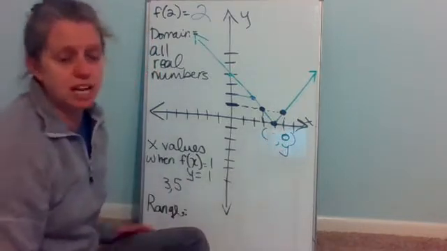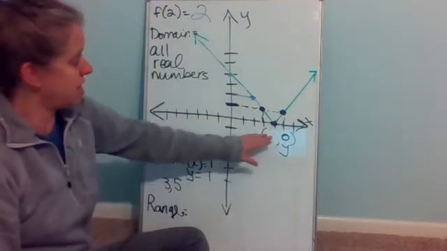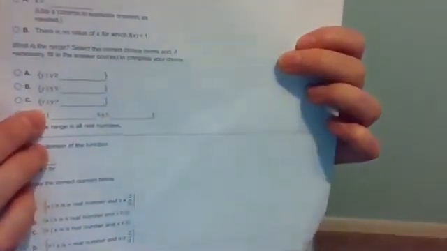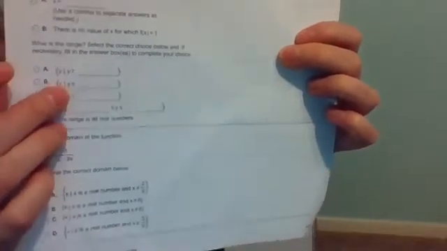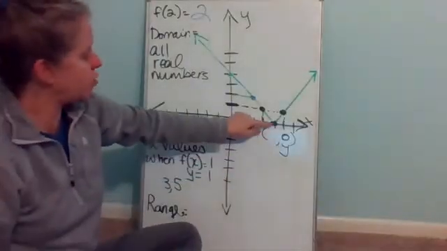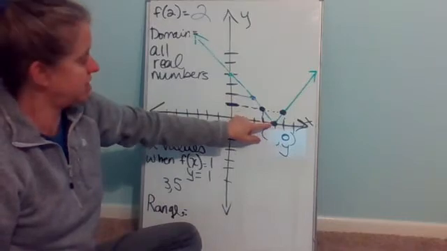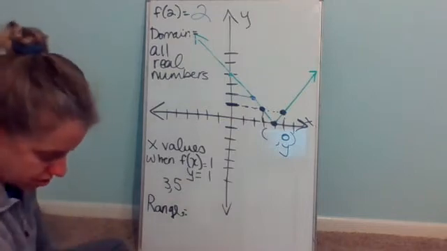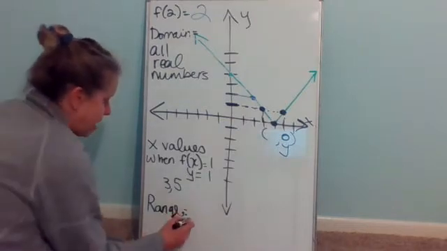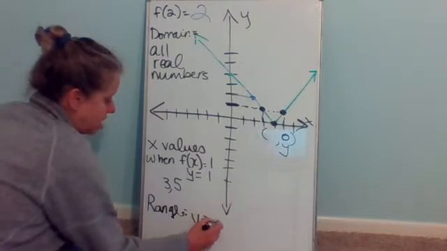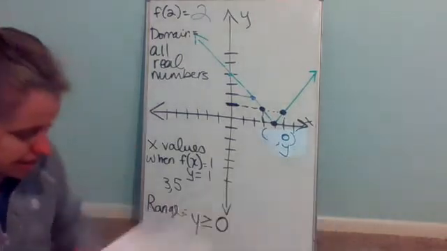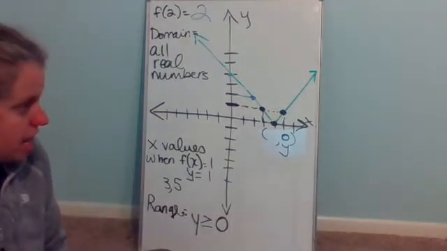The Y value is 0, which means your range, if you're looking right here, the Y is going to be greater than or equal to this 0. So your range is the Y value has to be greater than or equal to 0. Okay? Number 10